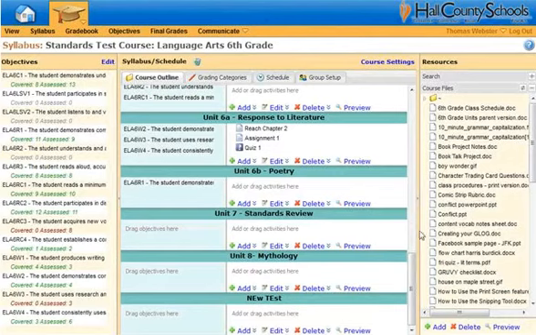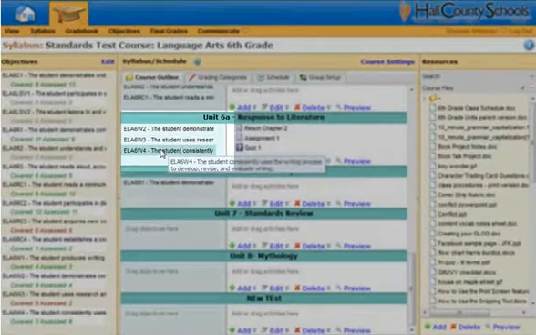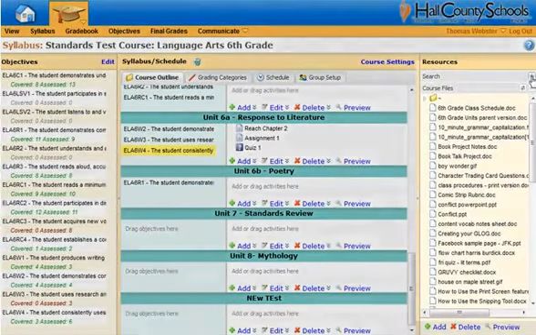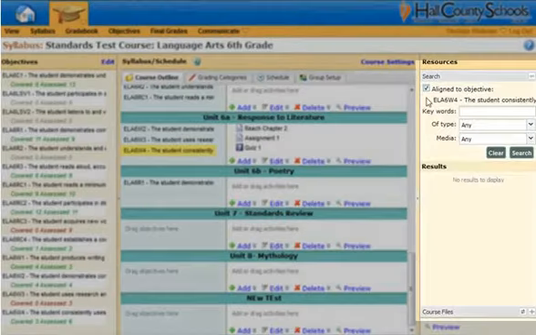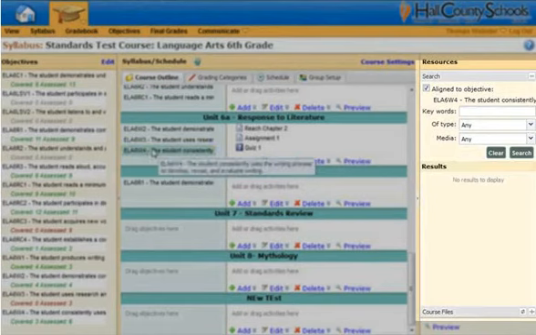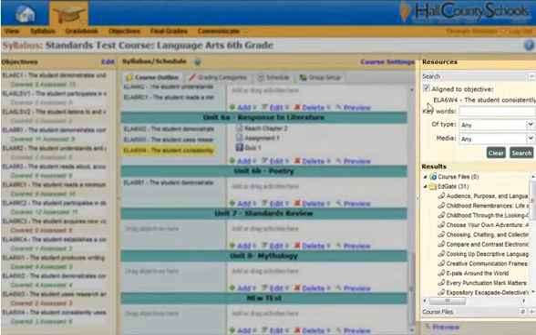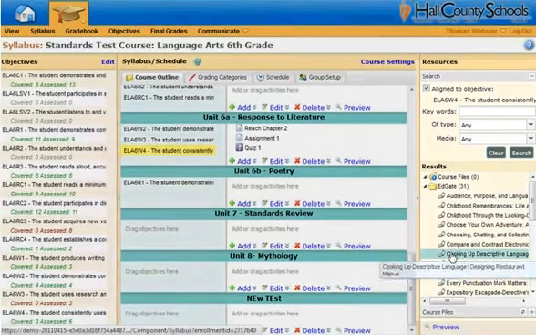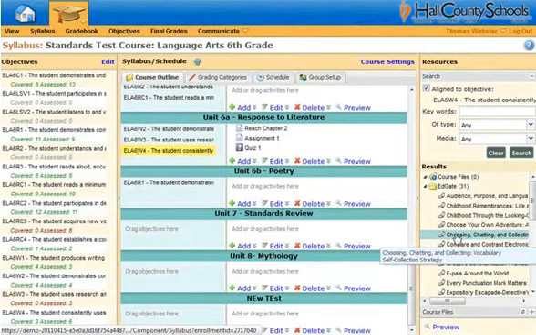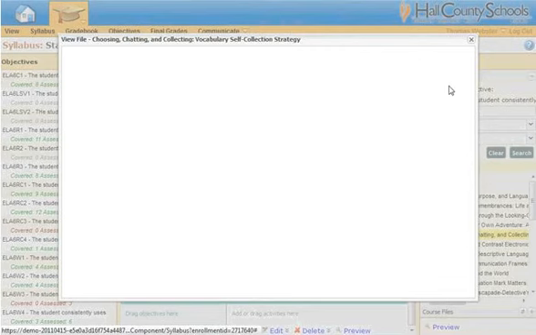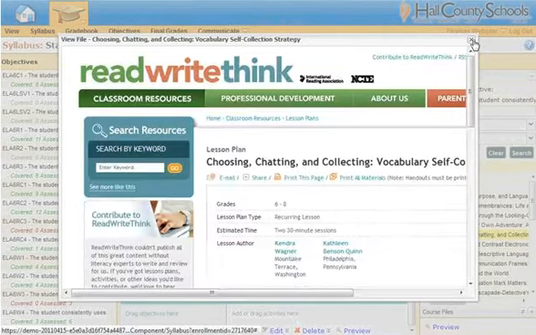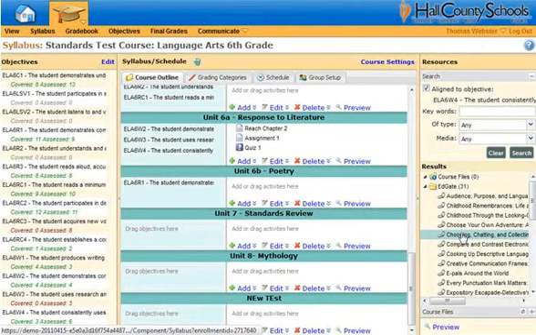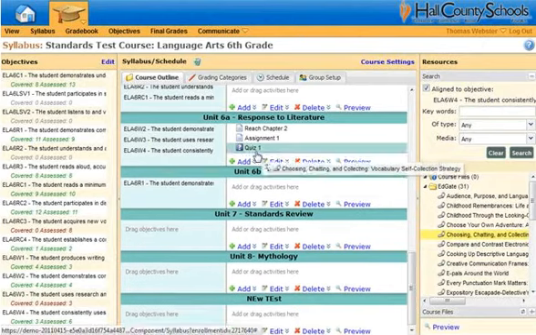You also have the ability to find content. So if I click on a resource and click on the search panel, you'll notice that it says align to objectives. So if I click on an item, our system will go out and actually locate things from Edgate and other open education resource providers and allow you to double click on the item and preview what that might look like. If this is something that you believe will work, you can simply then drag and drop this onto the